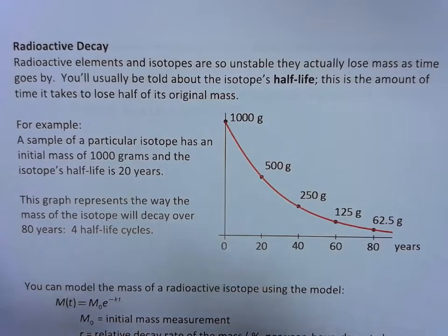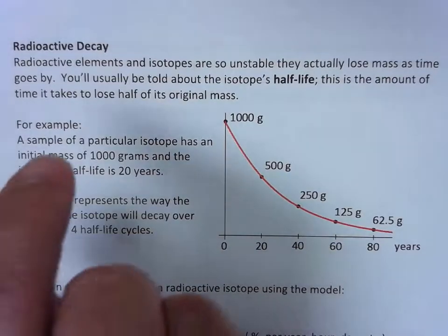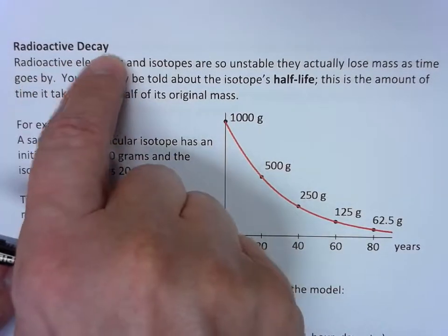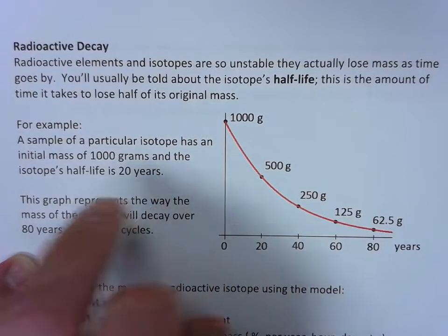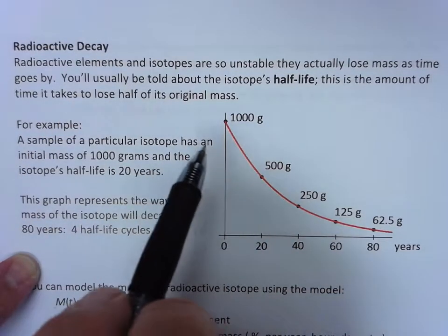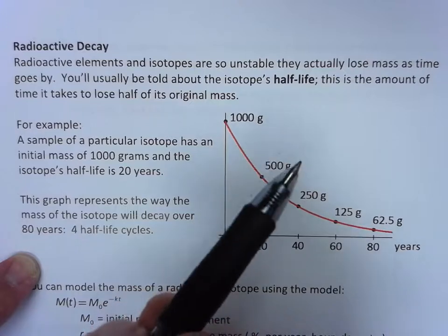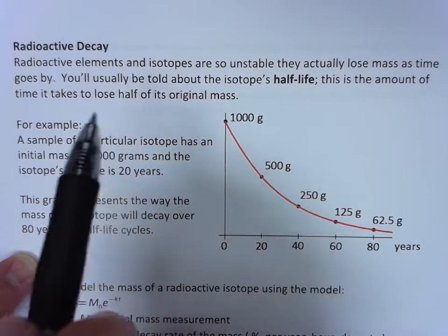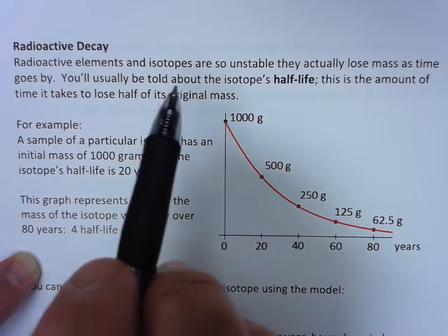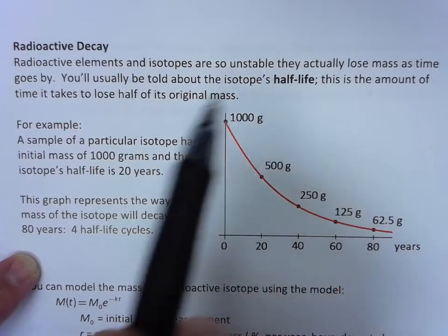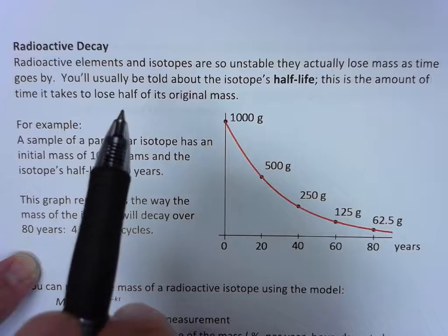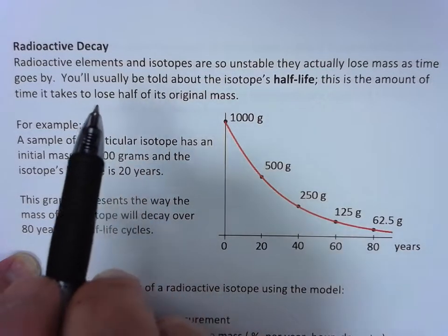Another application of exponential functions is the modeling of radioactive decaying elements. See, certain radioactive elements, radioactive isotopes, their instability causes them to actually lose mass as time goes by. So the information of the problem will usually tell you about an isotope's half-life. The half-life is the amount of time it takes for the material, the element or the isotope, to lose half